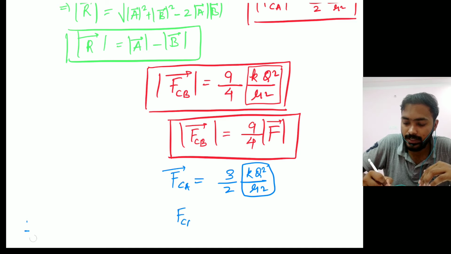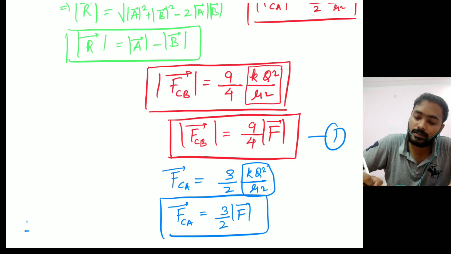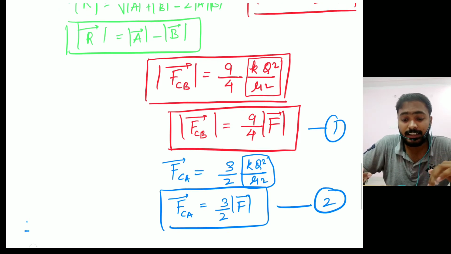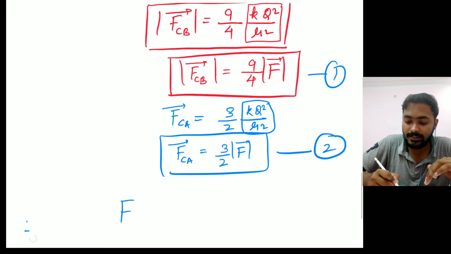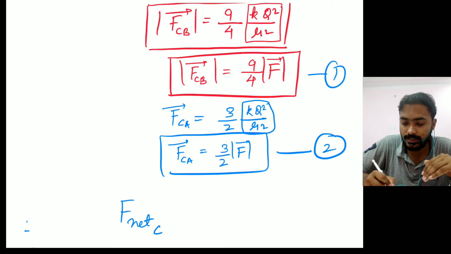So your FCA will be 3 by 2 of F, right? I hope that is understandable. This is your first equation, this is your second equation. You got FCB, you got FCA. The final net, resultant force of interaction on C will be simply equal to, let me write it,